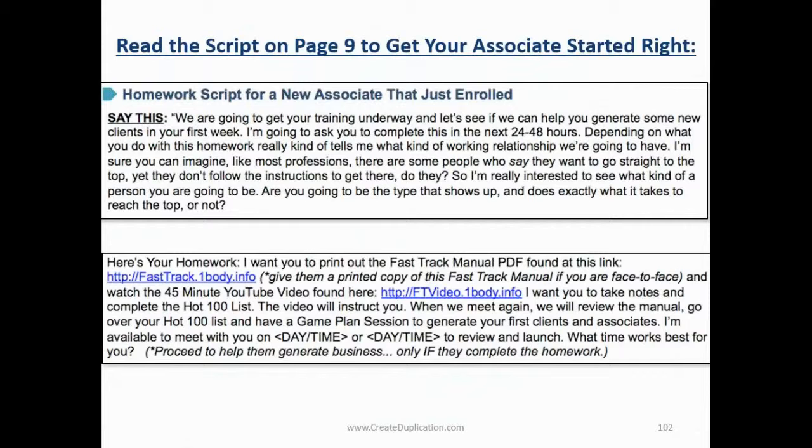Here's your homework. I want you to print out the Fast Track manual PDF found at this link. Give them the link. Now, if you're with them face-to-face, give them a handout. Give them the printed manual. You need to have extras on you to give them a printed copy of the Fast Track manual. And then you're going to say, and I want you to watch this 45-minute YouTube video found here, and give them that link,